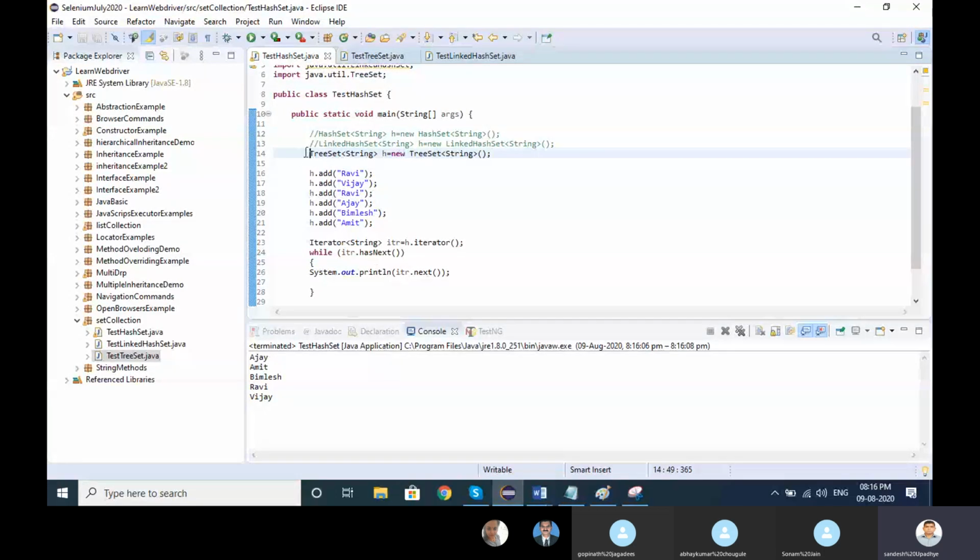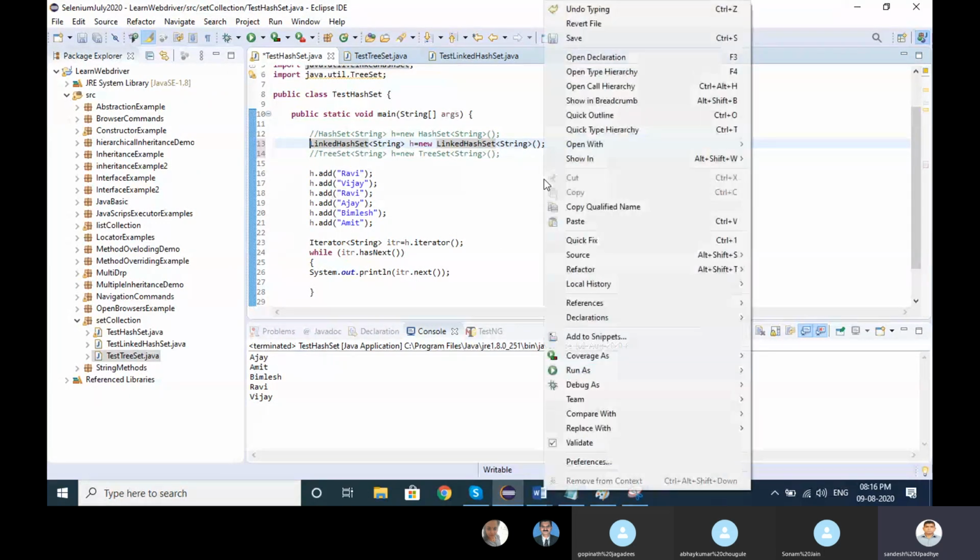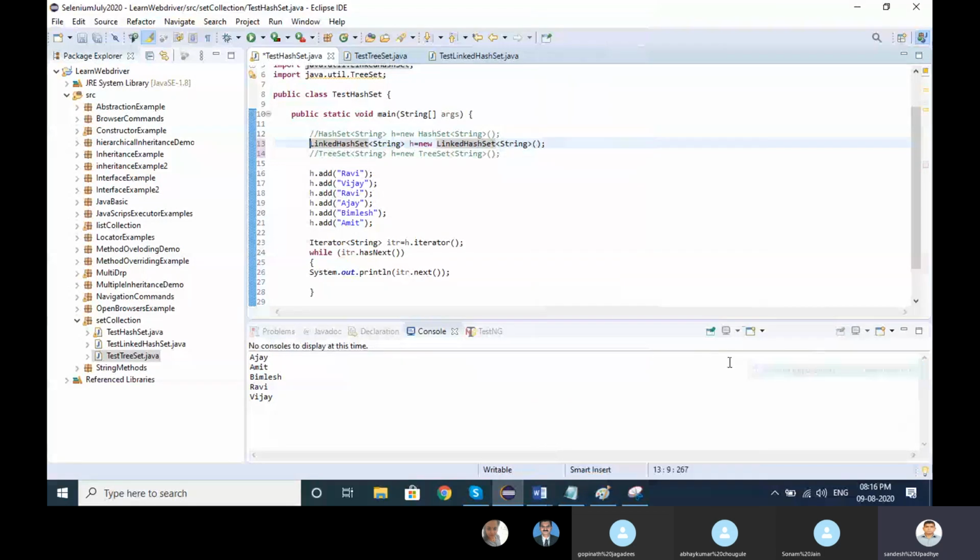When we go with linked hash set, it maintains the insertion order, whatever you have inserted. That is the only difference, order-wise.